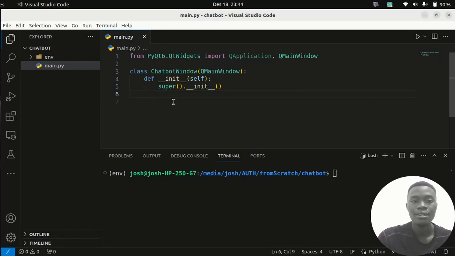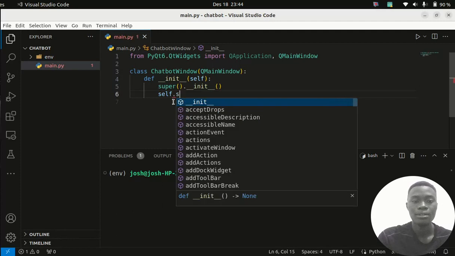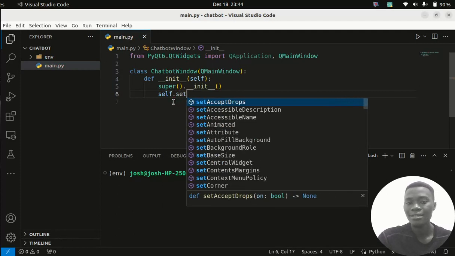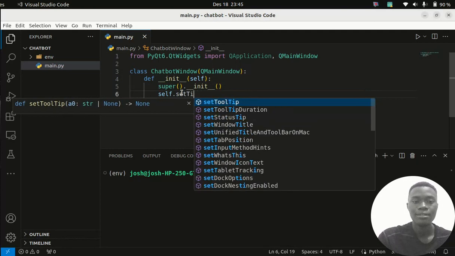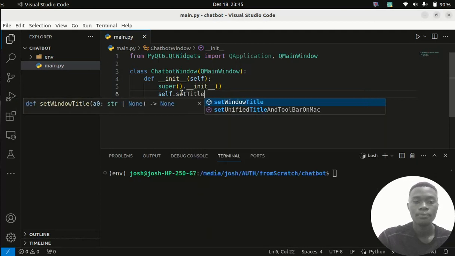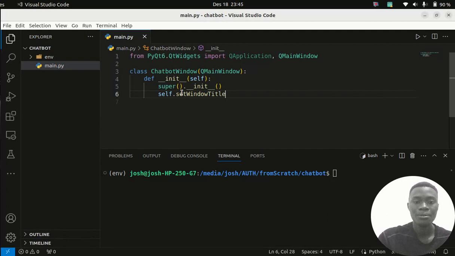So we can say self dot. QMainWindow has several methods, like setWindowTitle, where we can provide a string like maybe my chatbot application,